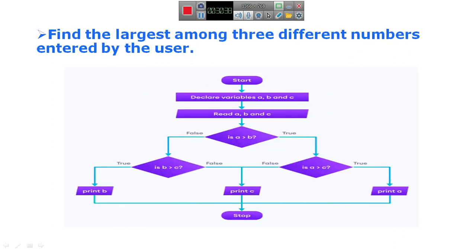So this is another algorithm: find the largest number among three different numbers entered by the user.